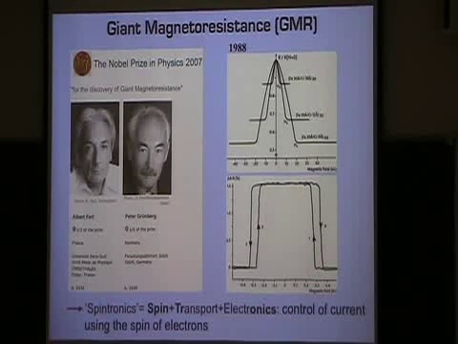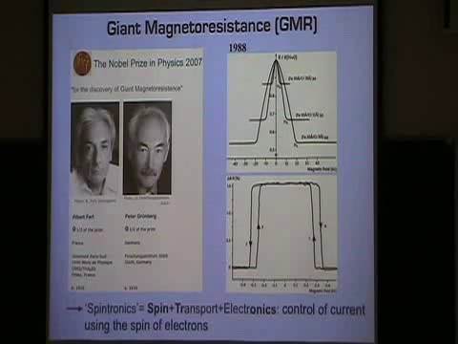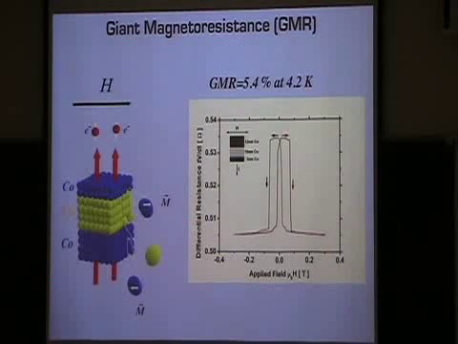And this was the birth, I guess, of the field which is called spintronics, spin transport electronics, in which you can control the current using the spin of the electrons. So the magnetic configurations of the layers determine how much current can flow through such a structure. And we'll just look very briefly at GMR. This is a GMR stack